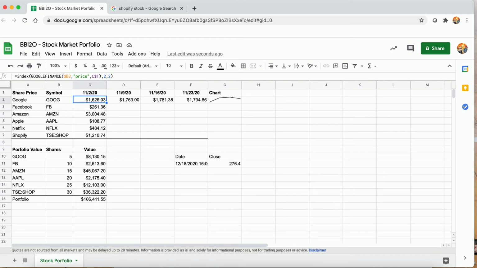So let's say I wanted to see how it's doing. Let's imagine each week I check my stock prices. Control C, and I paste it. And what you can see is it's moved it over one column, and it's pointing to the new date. And this is good because I can say,